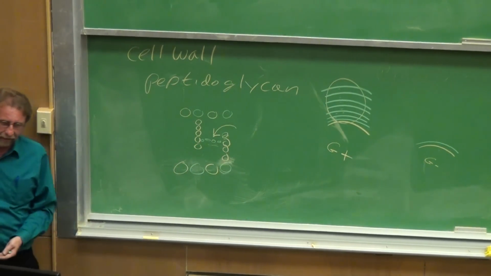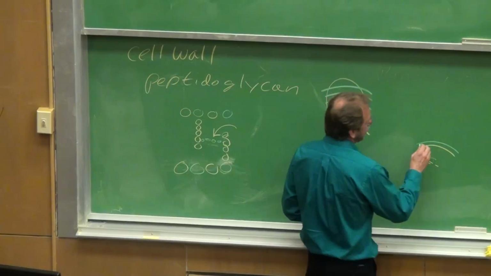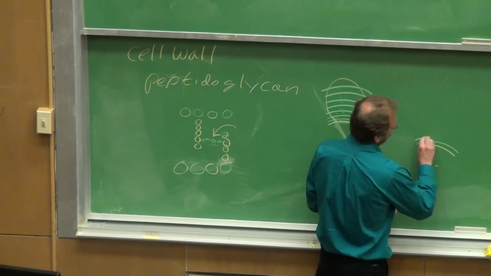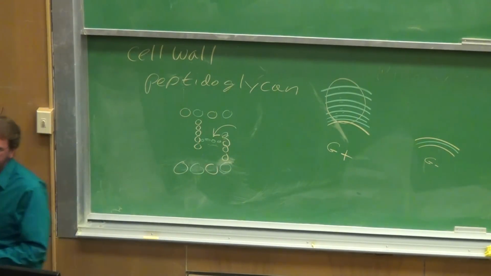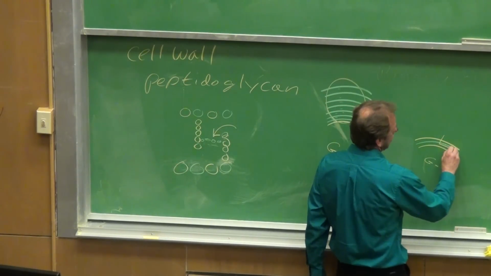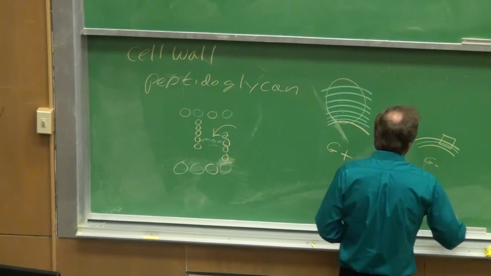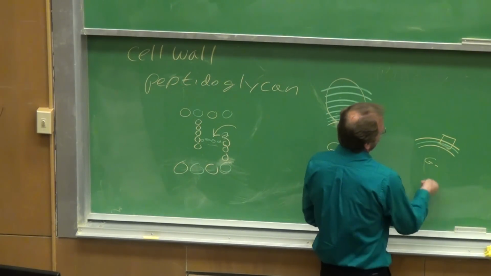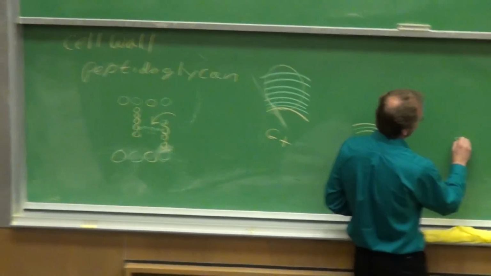But here's the thing, that's not the full story about gram-negative cells. Gram-negative cells actually have another membrane on the outside of this peptidoglycan layer. So, if we took this and blew it up, and why don't we just go ahead and blow up the whole structure here now, what we would see is that you would have